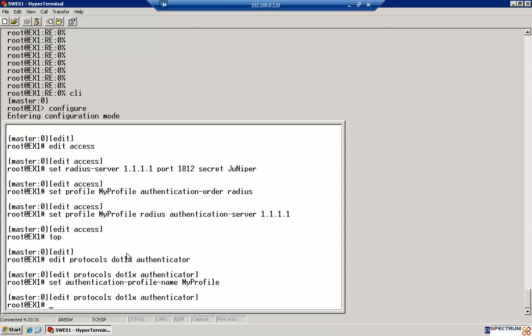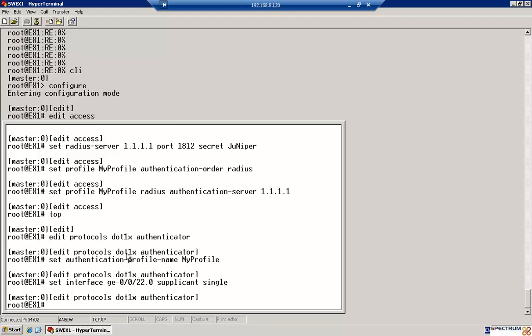After this, we need to specify the name of the interface on which we want to enable the 802.1x protocol. According to the case study, we need to enable it on the interface GE0/0/22.0, and then you have to specify that the supplicant mode is going to be single. There are multiple modes available for supplicants, but we are going to discuss only single supplicant mode in this video. After that, we have an option of configuring the re-authentication time for the user who is trying to authenticate through this